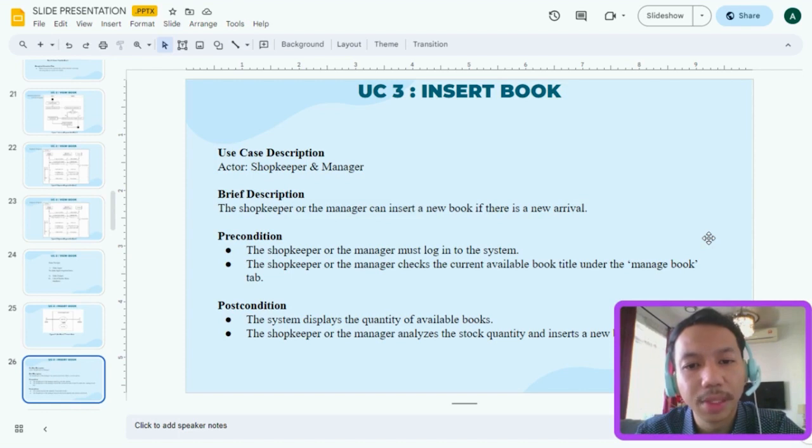And the precondition would be, of course, that they need to log in. The manager needs to check the current available book titles under the Manage Book tab. So that means the user can check the current available books. If they see the available books are insufficient or they need to reorder, they can just order a new book. And once the new book arrives, they can just insert the book inside the book management